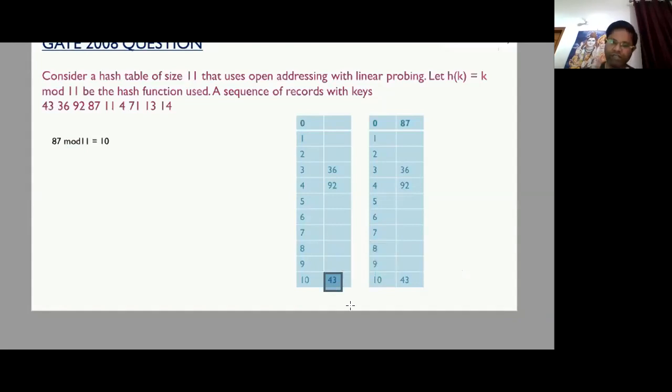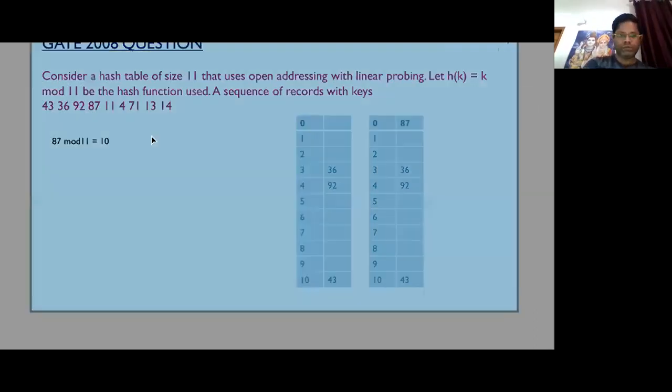You have to search for the immediately next block that is empty. If we are inserting from 0, 1, 2, 3, 4, 5, 6, 7, 8, 9, 10, after 10, what will be the index value? The index value again starts from 0. So if this slot is full, the element is to be inserted in the next adjacent place. The next adjacent place is 0. So we have to place 87 at this place.